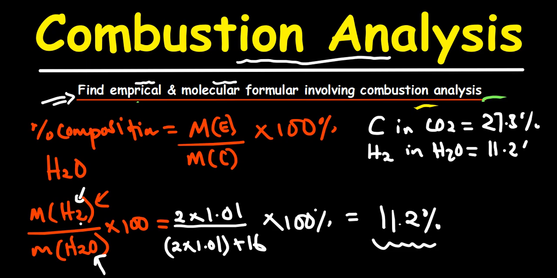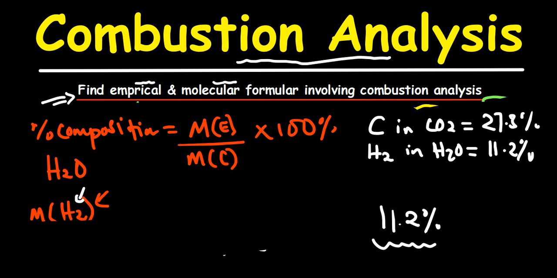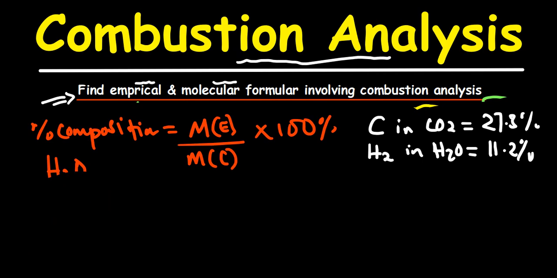11.2%. So these two percentage compositions that I've given you are going to help us in our calculations. These two that we've come up with are facts. The first fact is that in any mass of carbon dioxide that you can get, it can be 10 grams, 1 gram, 5 grams, any mass, any mass of carbon dioxide that you can think of,